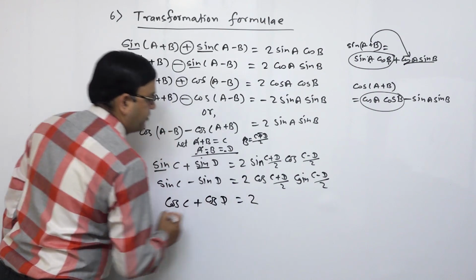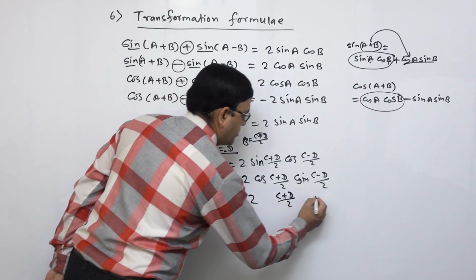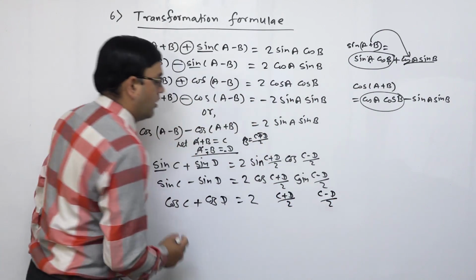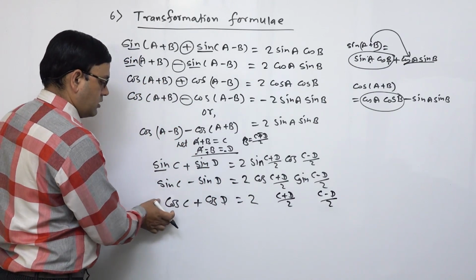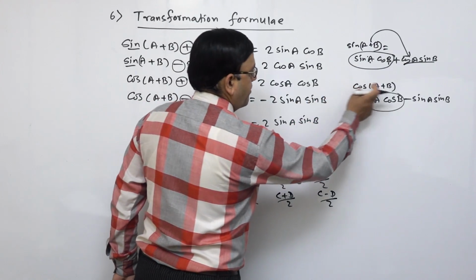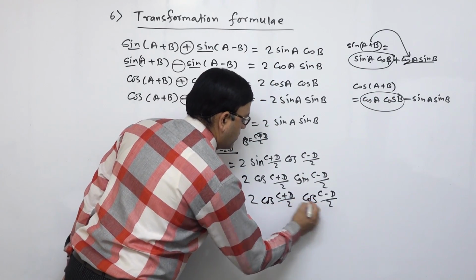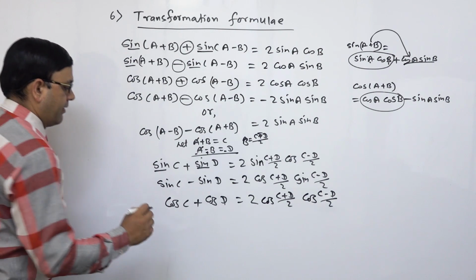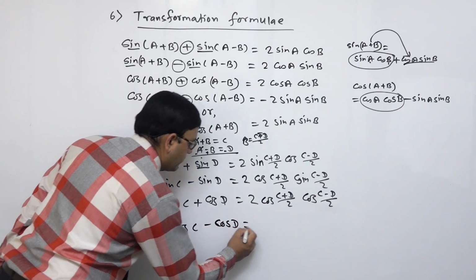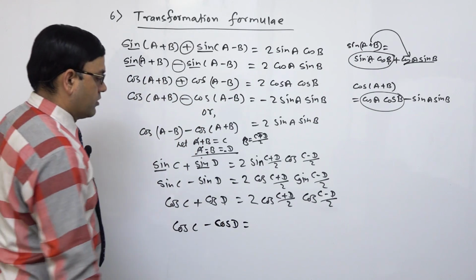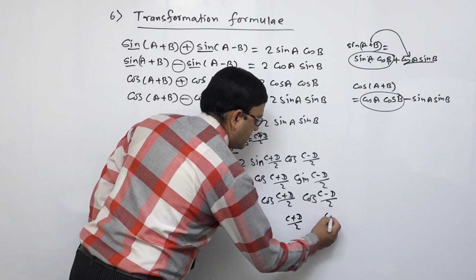त्यस्तै गरी अब हेर्नुस् त, cos c + cos d भयो भने पक्कै 2 त भइहाल्छ। अब तपाईको यहाँ (c + d)/2 पनि हुन्छ, यहाँ (c - d)/2 पनि हुन्छ। अब तपाईलाई यहाँ चाहिँ sin राख्ने कि cos राख्ने कन्फ्युज त्यहाँ हुन्छ। त्यसकारण cos को बीचमा प्लस भयो भने cos a + b को अगाडिको cos अनि cos हुन्छ, त्यसकारणले अब यहाँ हामीले cos अनि यहाँ cos यसरी लेख्न सक्छौं। अब तपाईले फेरि गेस गरिसक्नु भयो, पक्कै cos c - cos d को के हुन्छ त? cos c - cos d = 2 हुन्छ, अब यहाँ पनि (c + d)/2, (c - d)/2।